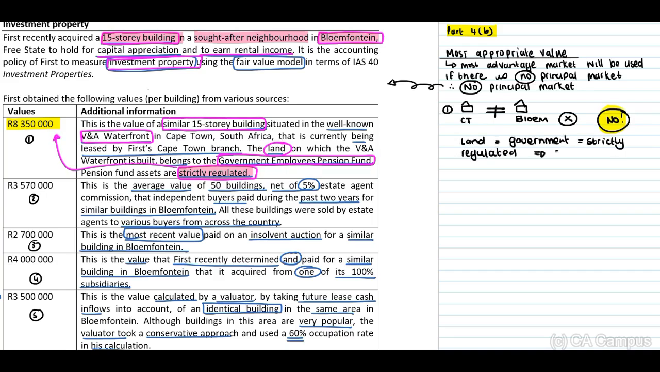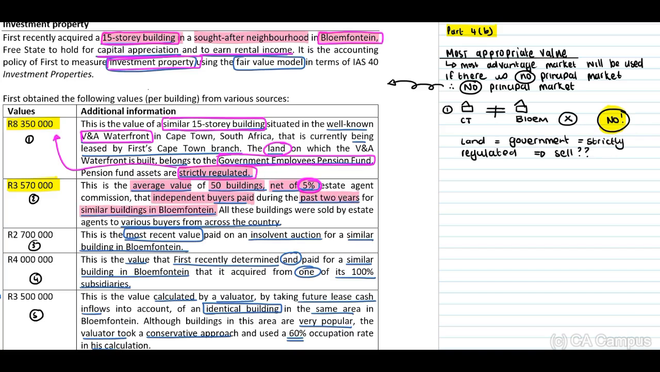Therefore, going forward, will they even be able to sell this property? It's regulated by government. Okay, next, if we look at our 3,570,000, they indicate to us that this is the average value of 50 buildings, net. Therefore, they have already deducted the 5% agent's commission that independent buyers paid during the past 2 years for similar buildings